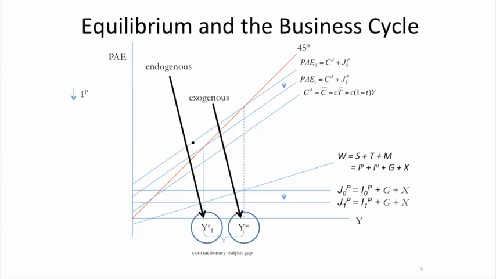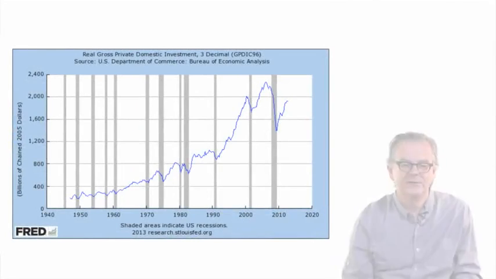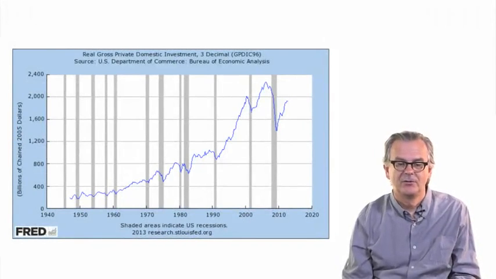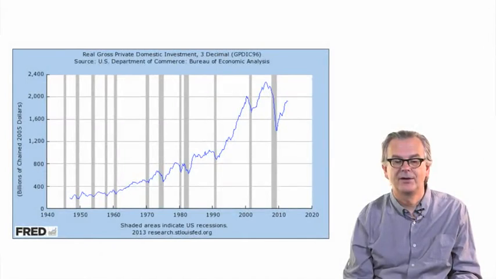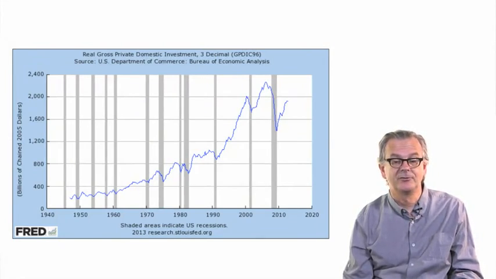Let me just emphasise that this is just one example of how a recession can emerge, but it's a particularly important example. Have a look at this chart, which shows real gross private domestic investment for the United States economy. We've seen a few of these charts before. Remember that these shaded areas represent periods of recession,